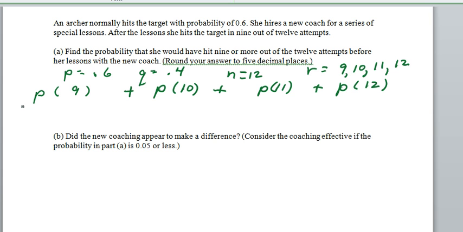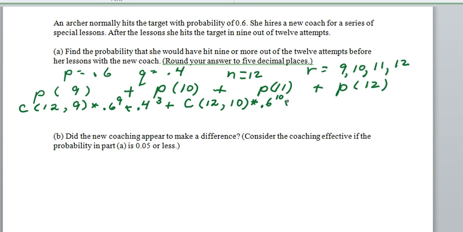So this would be the number of combinations of the 12 trials with 9 successes times 0.6 to the 9 times 0.4 to the 12 minus 9, which is 3, plus the number of combinations of 12 trials with 10 successes, so C(12,10), 0.6 to the 10 times 0.4 to the 2,